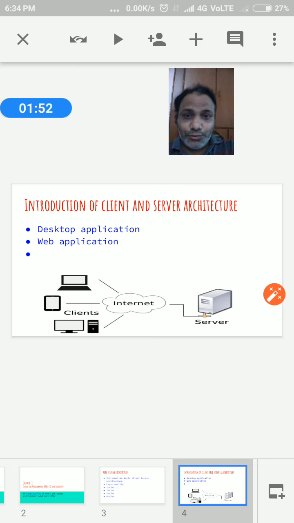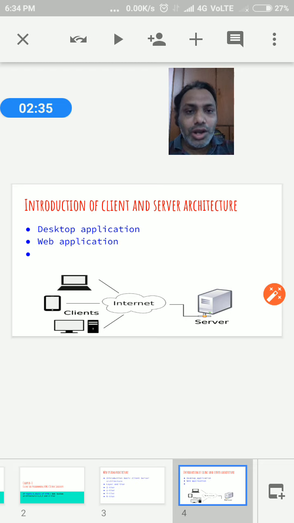Before client and server architecture, we have the desktop application. So why do we not use desktop applications today instead of web applications? Let me give an example. In a desktop application, once you install an application on a desktop, it runs only on that particular system, that particular computer.